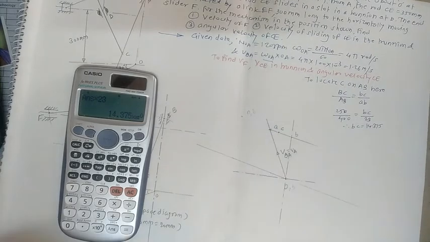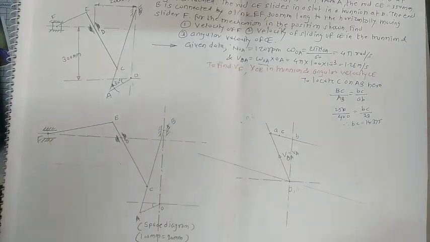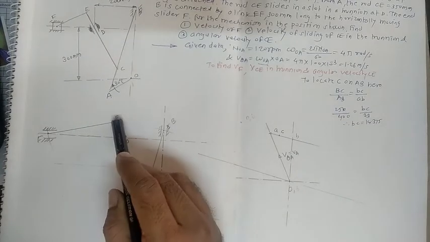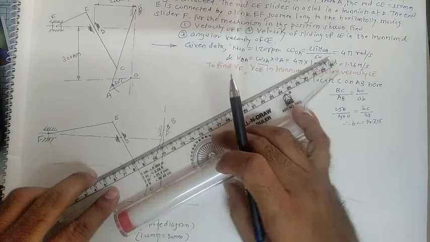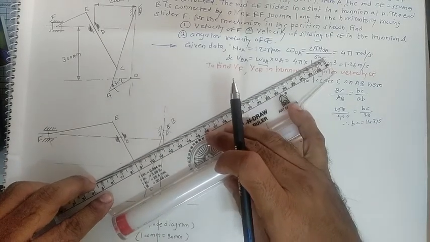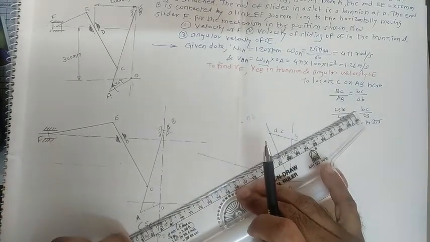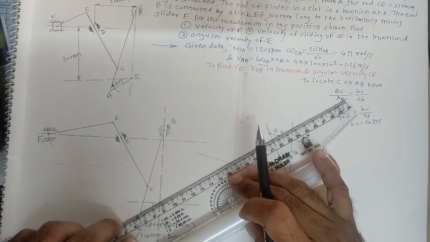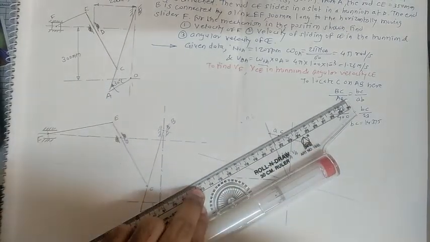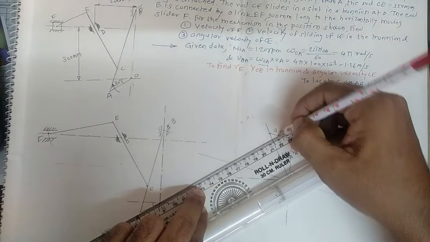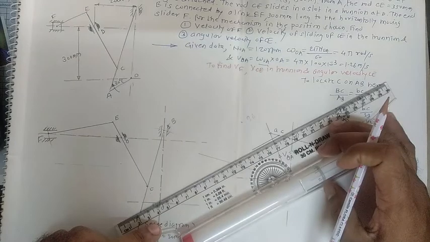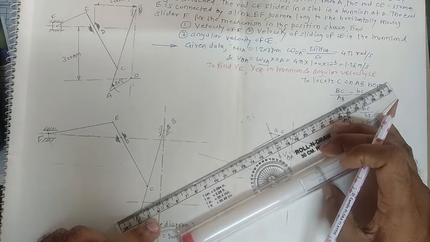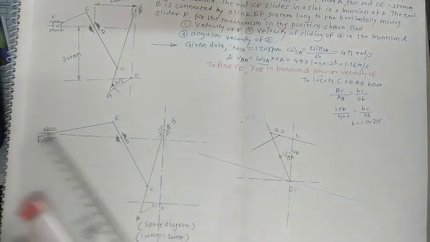Once we get the c point, the next task is very easy. So c point is here. Next to this c, we have the e point. So draw one line perpendicular to that, passing through the c point, and draw this line in this way. Just pass one line perpendicular to this one. What about the length of this one? We will decide the length with the help of this ratio once again.